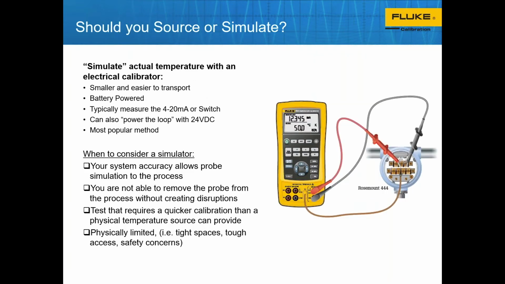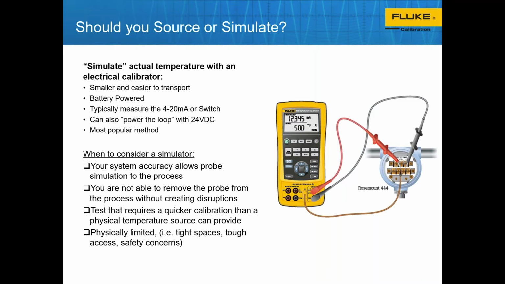Let's get back to actual probe calibrations and temperature calibrations. So right out of the gate, you have a decision to make. Do I want to include the probe as a part of my loop calibration, or do I want to calibrate the probe separately and then simulate that value from what the probe would be into the process? So